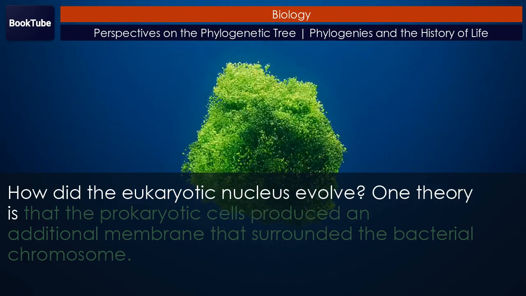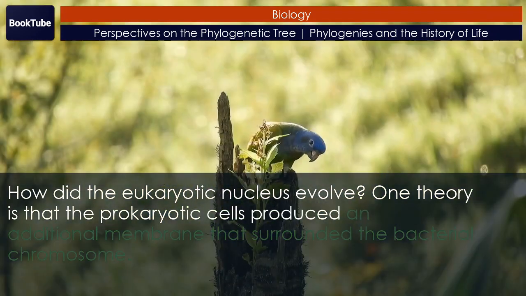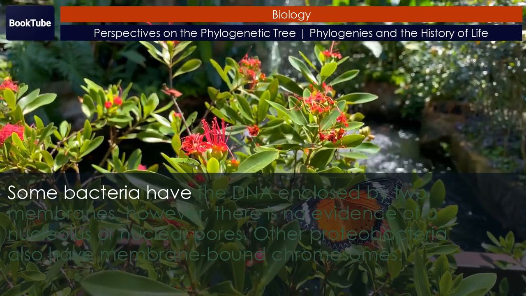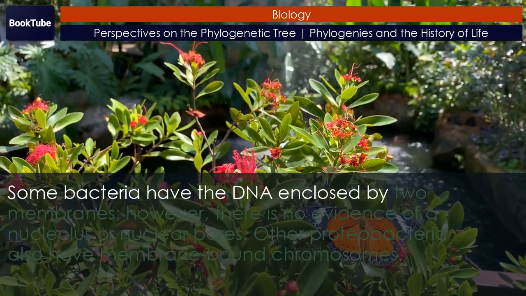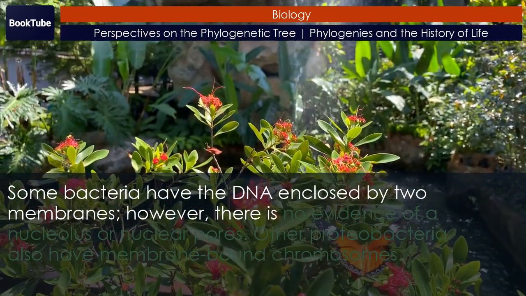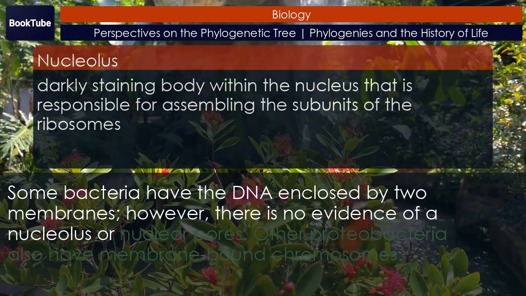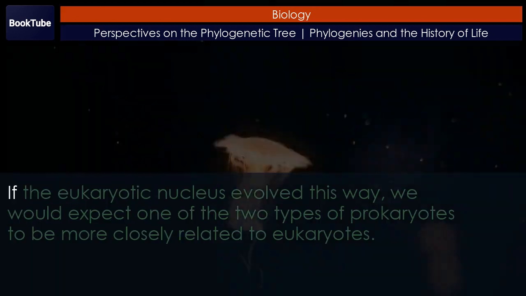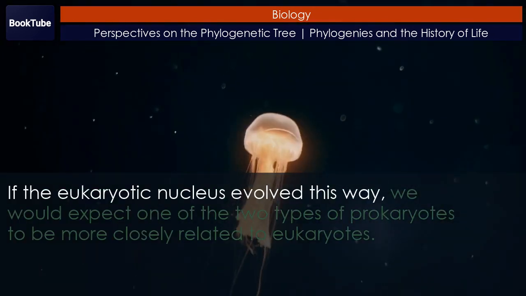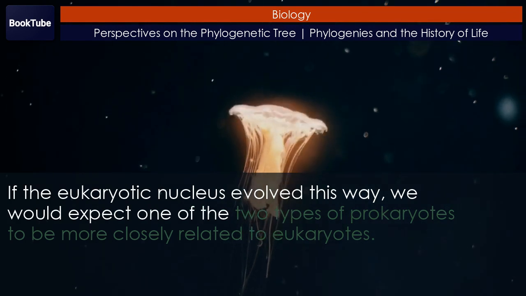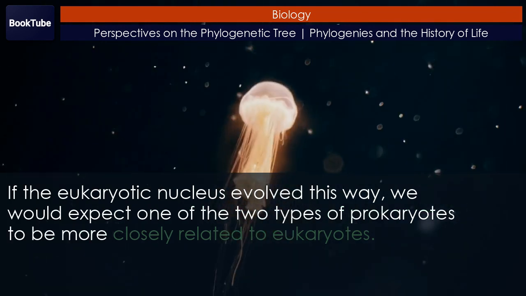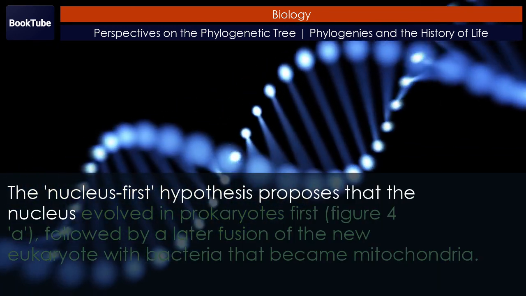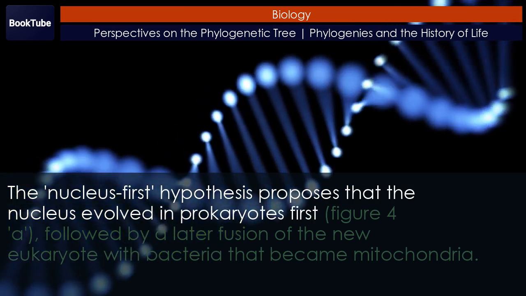One theory is that the prokaryotic cells produced an additional membrane that surrounded the bacterial chromosome. Some bacteria have the DNA enclosed by two membranes. However, there is no evidence of a nucleolus or nuclear pores. Other proteobacteria also have membrane-bound chromosomes. If the eukaryotic nucleus evolved this way, we would expect one of the two types of prokaryotes to be more closely related to eukaryotes. The nucleus first hypothesis proposes that the nucleus evolved in prokaryotes first,